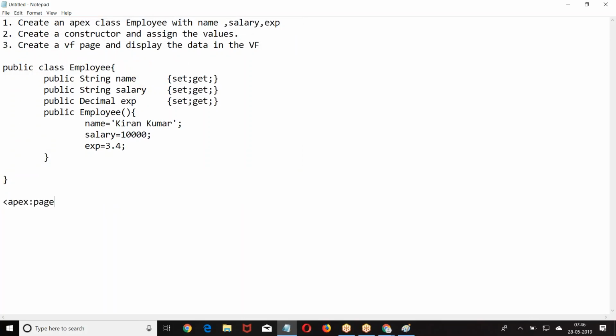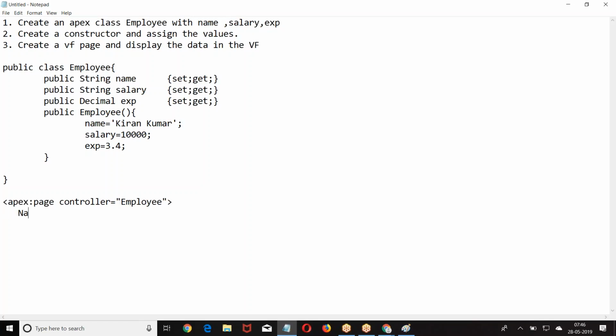Apex page. How do you refer to the class? Standard controller means referring to a standard functionality. Controller means referring to your own custom logic. Okay, standard controller, custom controller. Custom controller is nothing but your Apex class. When you want to build your own logic, we go with controller.